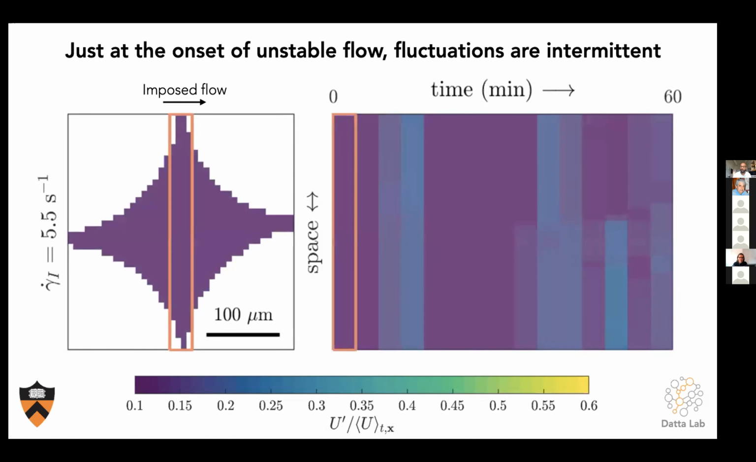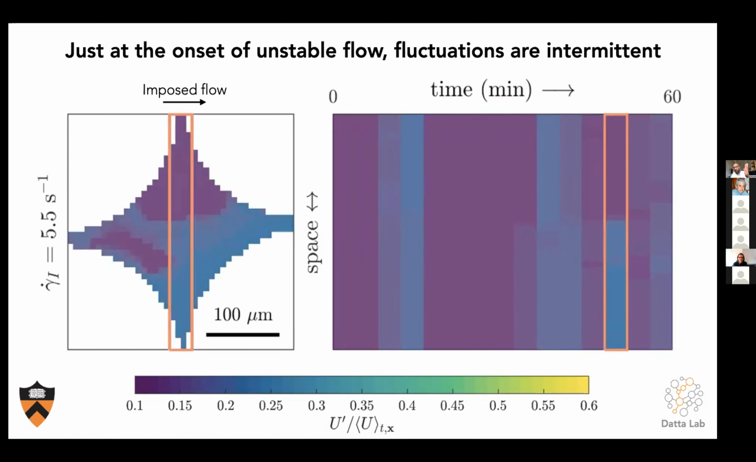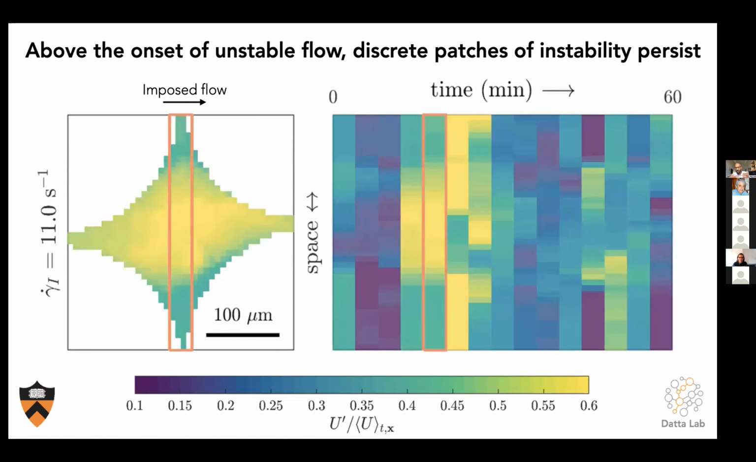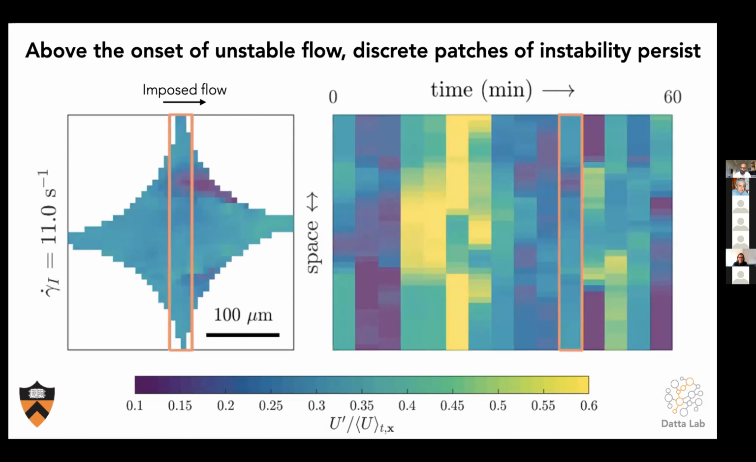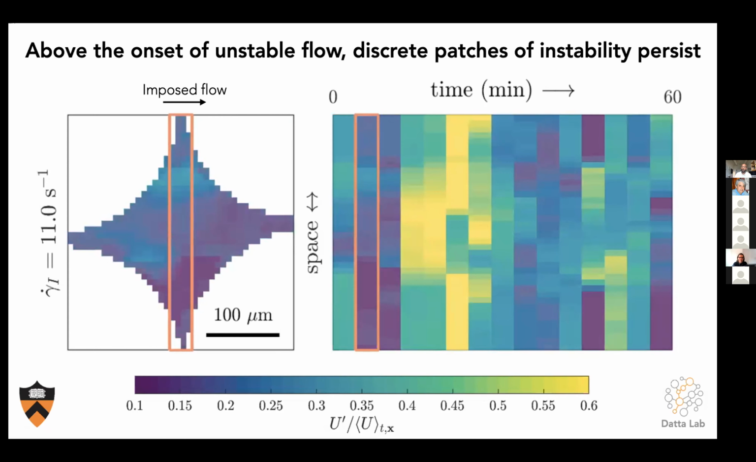So here we've subtracted off the background and we're just looking at the flow fluctuations. Right at that transition, we see these intermittent bursts of unstable flow. And then when we go to even higher flow rates, we see that these bursts are sustained over time and the flow is unstable over the entire imaging period, right? So it looks like we have a transition between a completely stable flow state and a completely unstable, chaotic flow